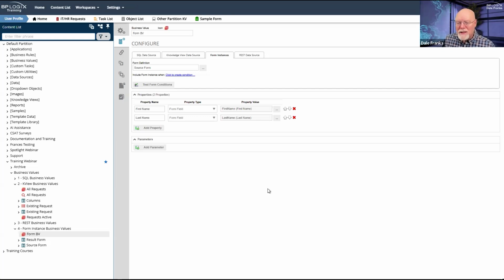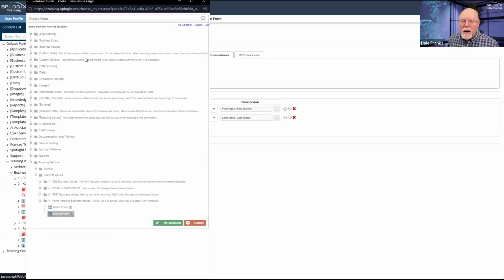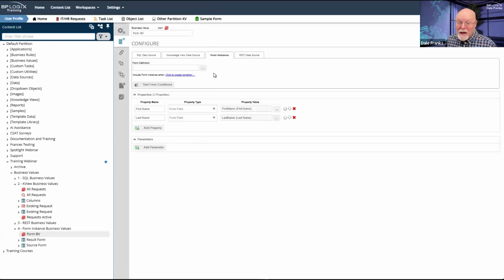What the form instances data source enables you to do is to just pick a form definition. So in this case, I have picked the source form. And I just want to see the instances of the source form. That's as complicated as it gets.